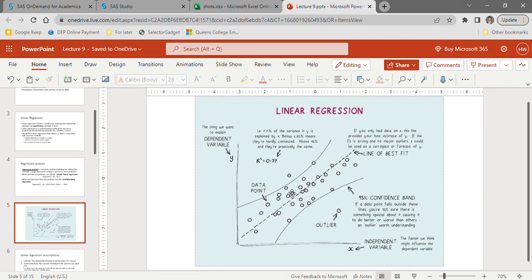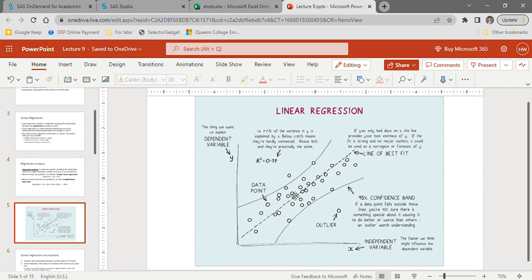Okay, let me just say that again. This is called the line of best fit, and it is the middle of all of these points right over here. And if it draws a line going this way from bottom left to top right, this is a positive relationship, or if it goes from top left to bottom right, that would be a negative